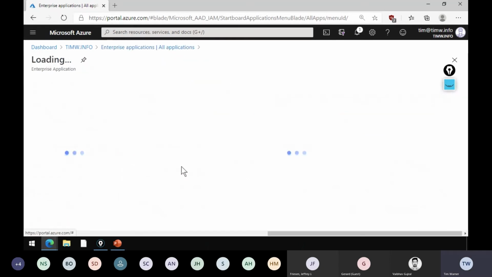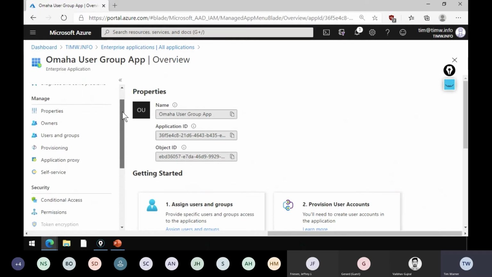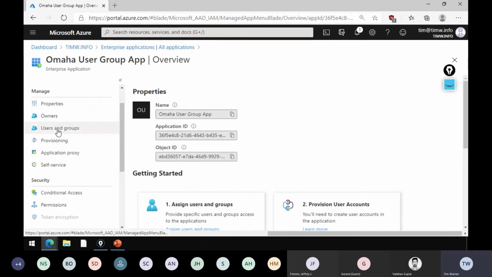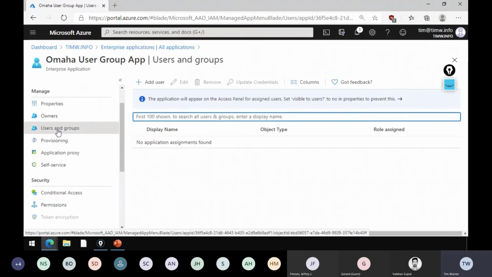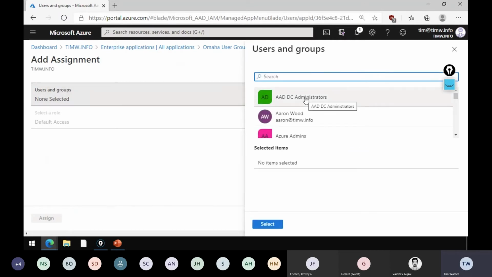And what we can do here, among other things, note that I'm not a developer. I kind of am a wannabe developer, but I've been an infrastructure specialist for the last 20 plus years. This is where Microsoft gives your developers a little bit of help in terms of access. You can do role-based access control within your application, but in order to make the app available to users on that access panel, this is where you have to do it. And in the enterprise application blade and the service principal for the app, this is where you can browse your directory to bring in groups and or individual users.